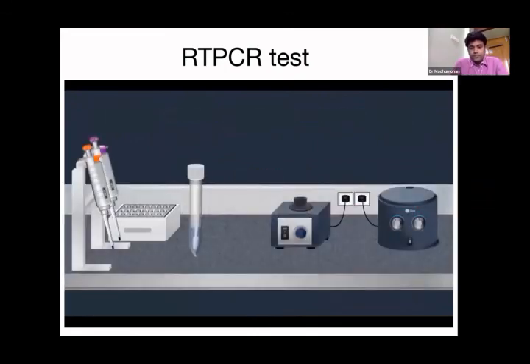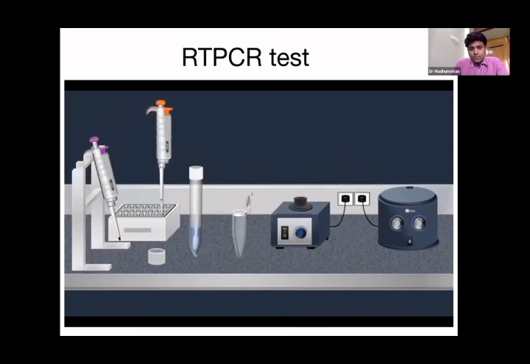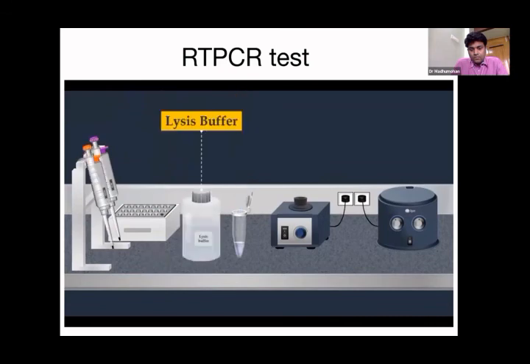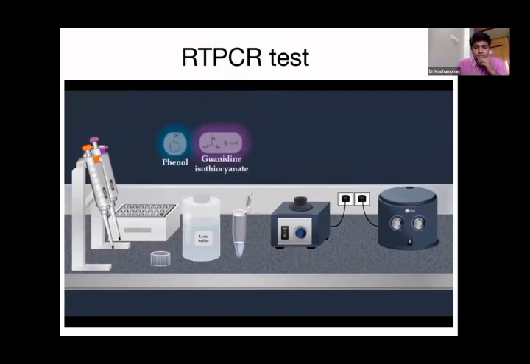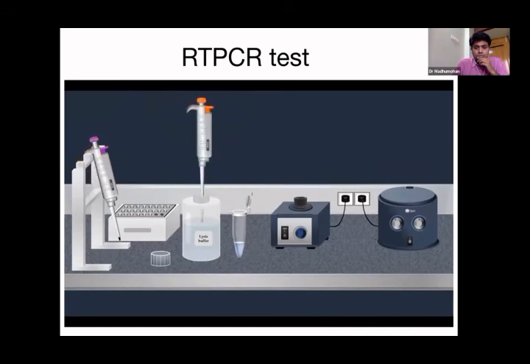To perform this method, basically viral RNA should be extracted. Several RNA purification kits are available for convenient, fast and effective isolation. To extract the viral RNA by using a commercial kit, the sample is first added into a microcentrifuge tube. Then it is mixed with a lysis buffer. This buffer is highly denaturing and usually consists of phenol and guanidine isothiocyanate. Also, RNase inhibitors are usually present in the lysis buffer to